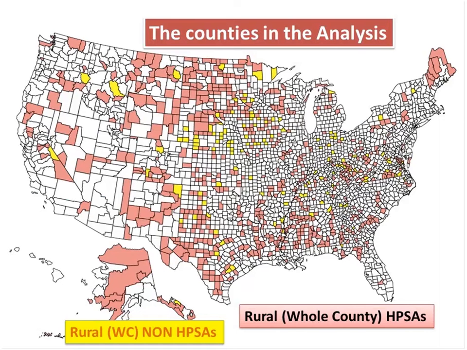The counties in the analysis are here. The rural whole county HPSAs are the pink shaded. I hope that's coming up on your screen. It's pink shaded. And this is contrasted to the whole county non-HPSAs. There are far more rural whole county HPSAs in the United States than non-HPSAs. But these are the areas that we focus on, those people who move into and out of these places. And they're spread across the United States, but you can find them in the upper Midwest and Intermountain states and like that, and in the southeastern and, let's say, the southern parts of the